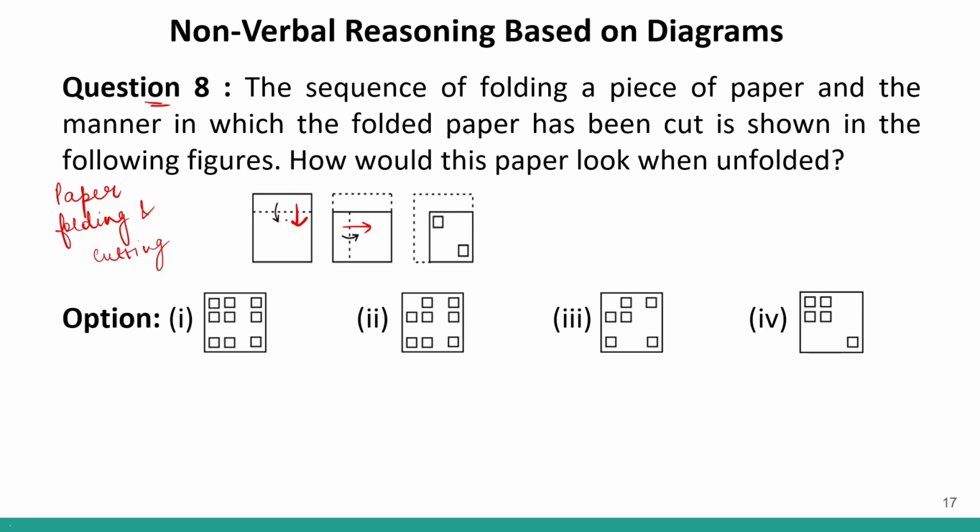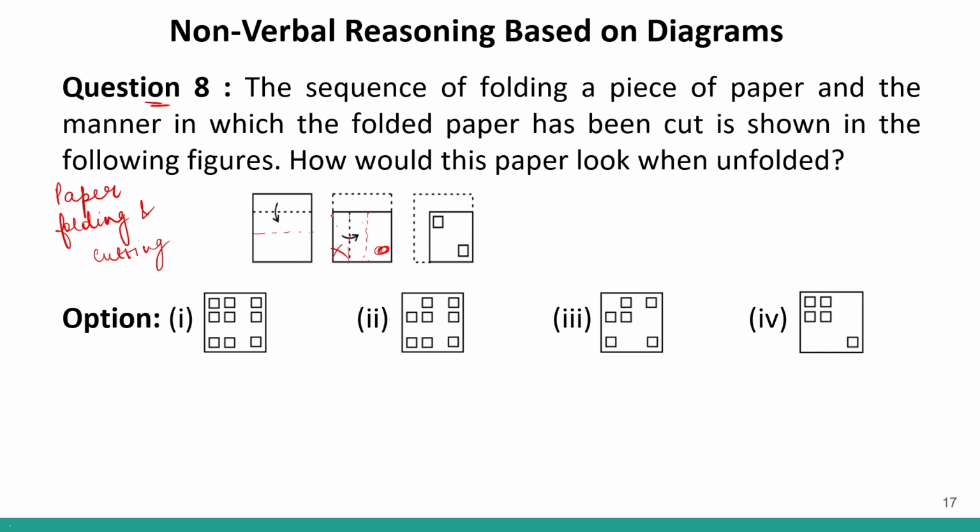Now notice one thing, that the amount of paper that has been folded is very less. So only this much paper is folded and then only this much paper is folded. So whatever incisions are made over here will come only over here. This incision will not come over here, because if only this much paper is folded, it will end over here. This and this will be equal. So if certain incisions are made over here, will they appear over here? No, they will not appear over here.